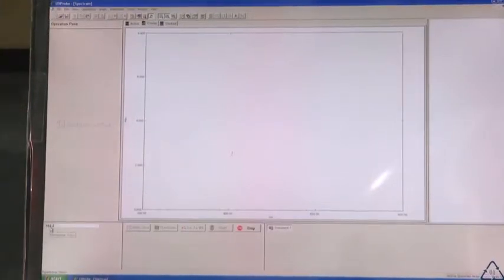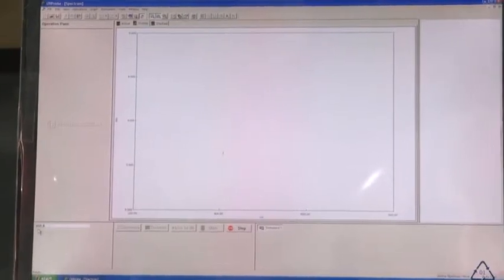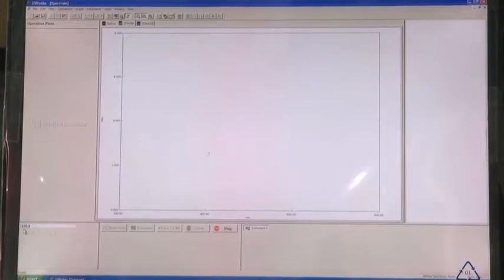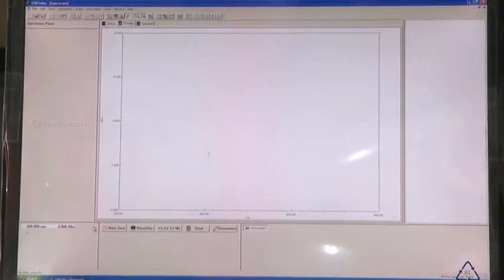In this part you can see that the wavelengths are being scanned, that is, the baseline correction is being scanned from here to here. Do not press or go to any options while baseline correction is going on. Now, it has slowly reached 200 nanometer, and the instrument will be ready soon. Here we can see these options are enabled again. So, our baseline correction is done. We can start with the experiment.